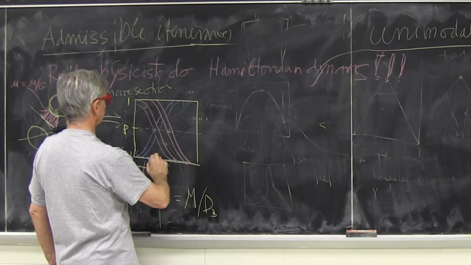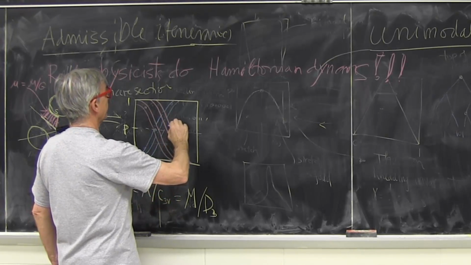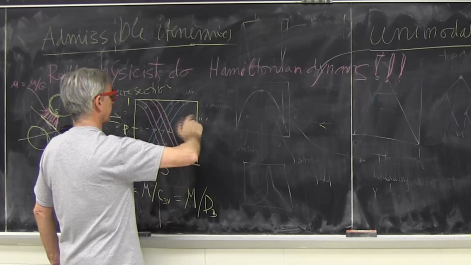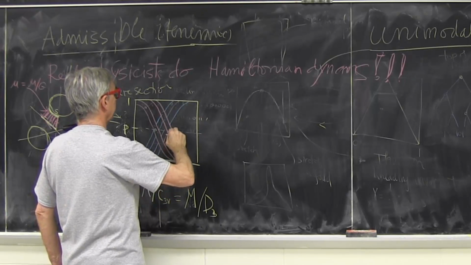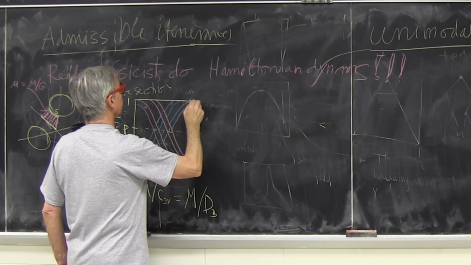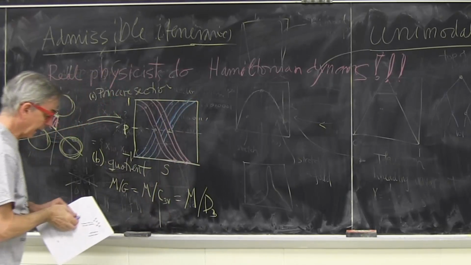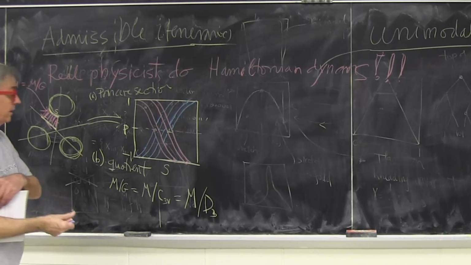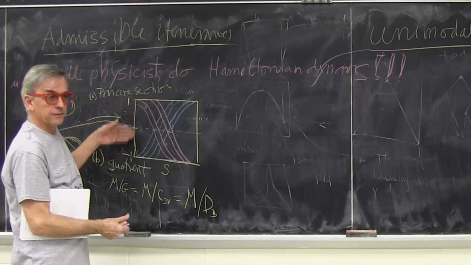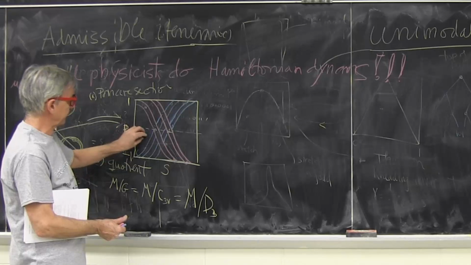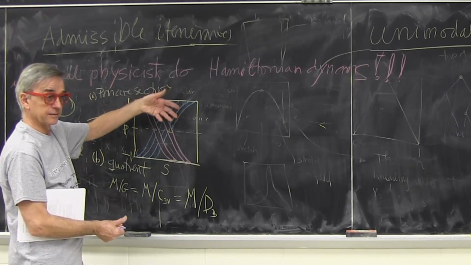And this guy also does the same thing. So it's just a mirror image. The past is just the mirror image of the future for a Hamiltonian system. And the system is Hamiltonian, so this is a Liouville volume. This area is preserved. So if I start with an area, in an iteration it will remain the area, but